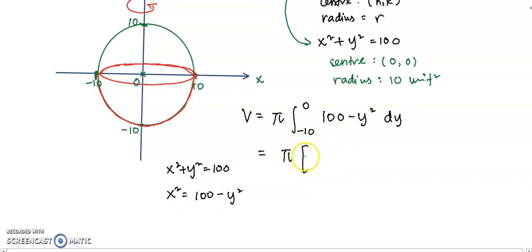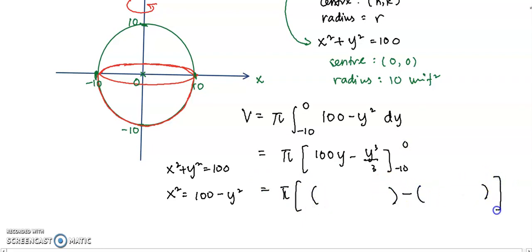Integrate 100, and you will have 100y - y^3/3, integrated from -10 to 0. Then substitute the limits in. Putting in 0, you get 0 minus 0. Putting in -10, you have negative 1,000, so minus a negative, positive 1,000 over 3. Supposedly, the final answer will be 2,000/3 pi